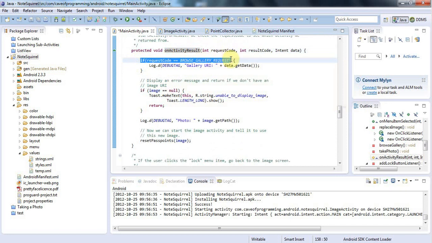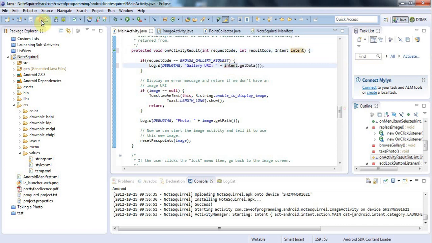And then in on activity result we say that if the request code is browse gallery request, in other words if we're returning from that activity that I just started, the gallery one, then I'm going to do intent.getData, where the intent in question is this one here that's passed to my on activity result. So whatever you call this up here, that's what we're talking about down here. In this case I called it data, and I'm saying data.getData, but actually maybe it's less confusing to call it intent and then say